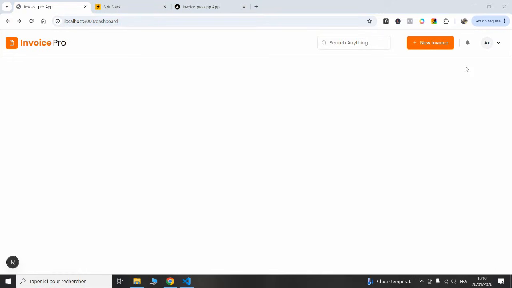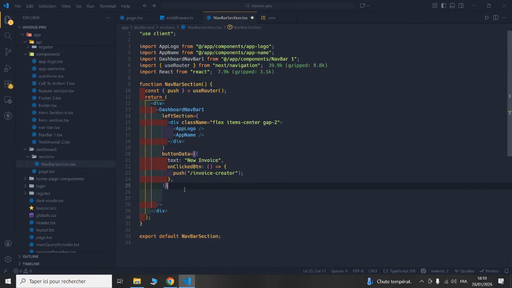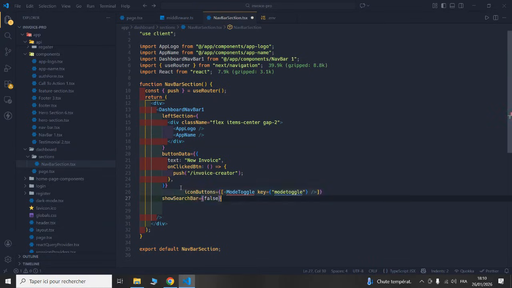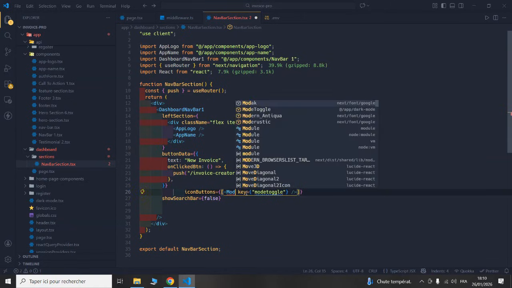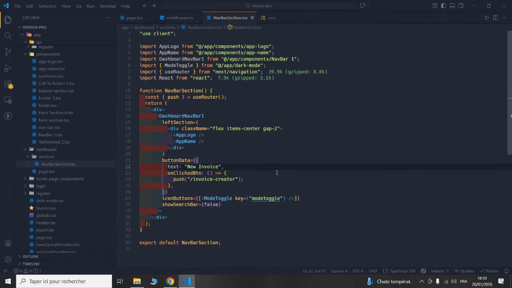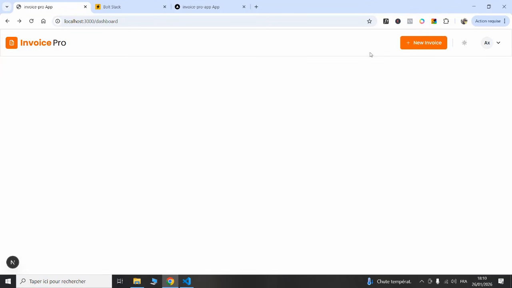Next, I'm going to add the dark mode and the light mode drop-down. To be able to do this, I'm going to add this code. We're going to use the icon buttons property, which is an array of React nodes. And I'm going to add the mode toggle, which is provided by Next.js. And also I'm going to make the search bar hidden. Notice that the search bar is hidden because we're going to add a custom search bar